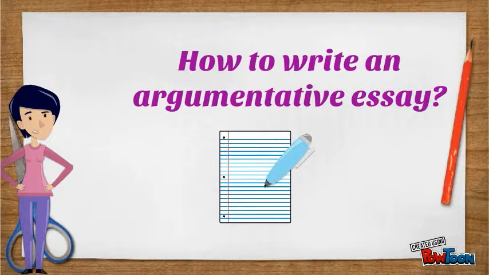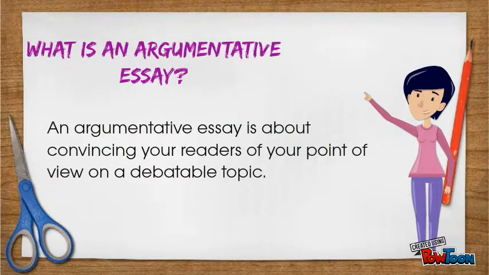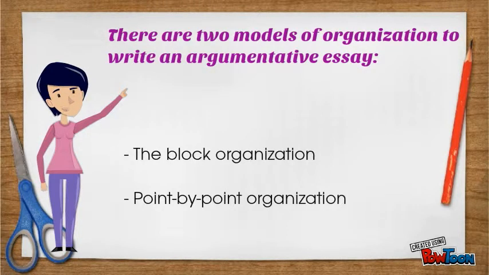Today, we're going to talk about how to write an argumentative essay. First, what's an argumentative essay? An argumentative essay is about convincing your readers of your point of view on a debatable topic. There are two models of organization that you can follow in structuring your essay: the block organization and the point-by-point